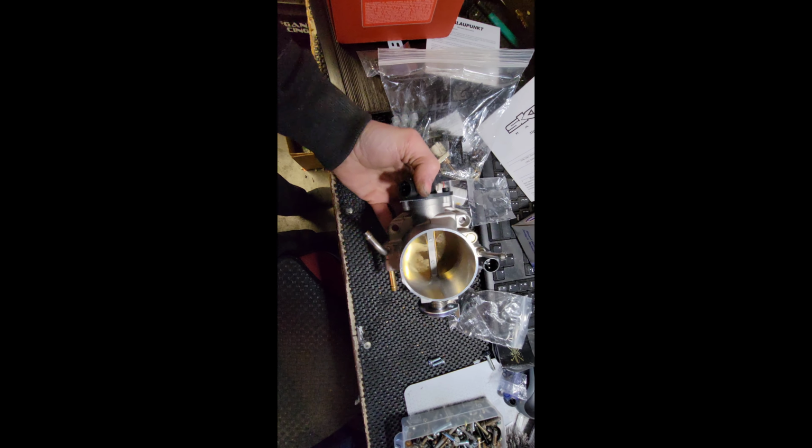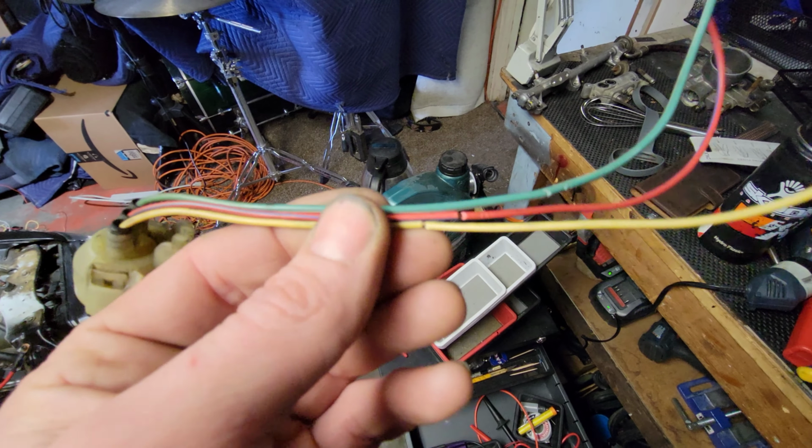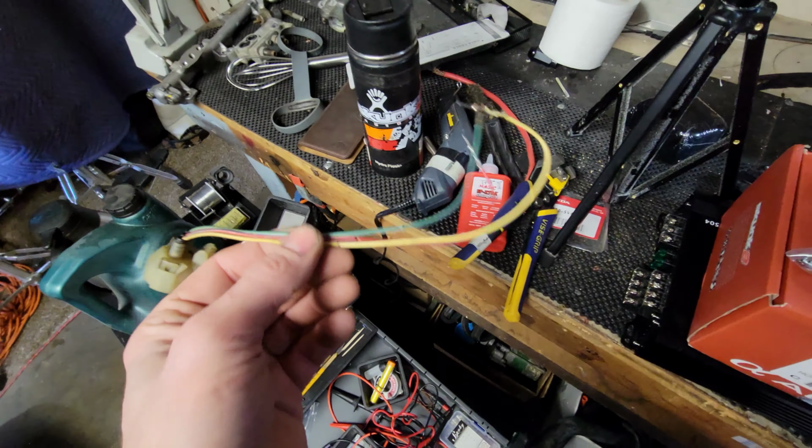TPS. Sweet, so I just gotta clip that sucker. Alright, so I made this little TPS sensor thing here. You see the little gaps there. Sorry it won't focus. I basically just put this guy in there and stretched it out, very lightly so I didn't rip the wire. I just made a little gap so that way I can take my